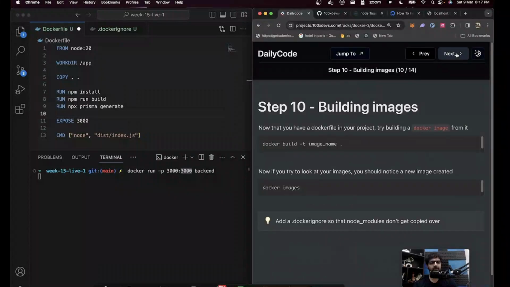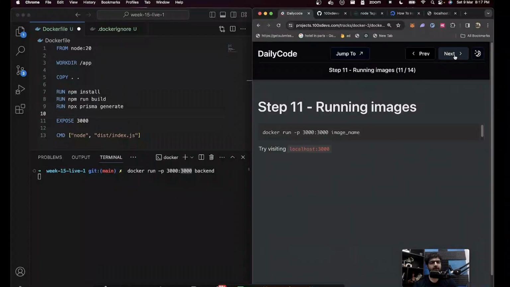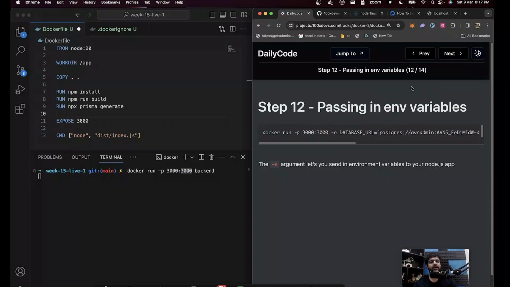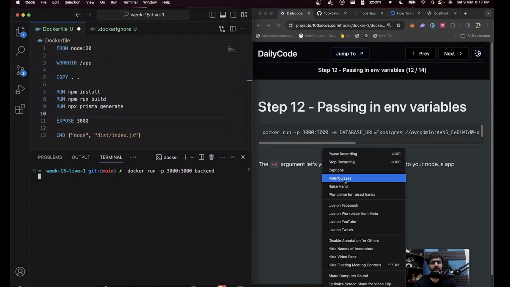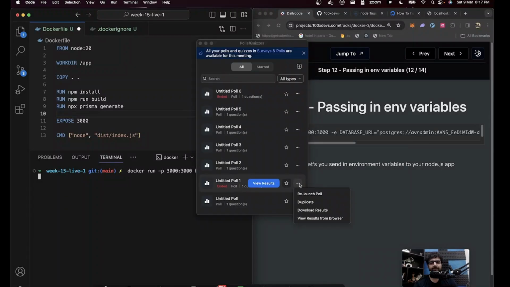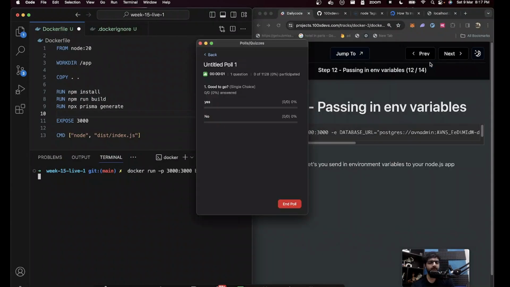And slide number 10 and slide number 11. So slide number 12 is what's next. Were you able to run it? Are we good to go? Do you have a Docker image running locally on your machine? So basically, can you run a container? Is I guess my question. And the answer is, not a lot of yeses.